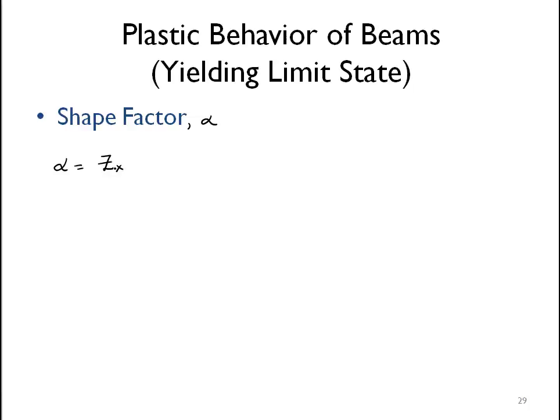We look at it as the ratio of the plastic section modulus to the elastic section modulus, which is the same thing as looking at the ratio of the plastic moment to the yield moment. So I'd like to go through a very short exercise of solving for a shape factor. And to do that, we're going to look at our rectangular cross-section again,